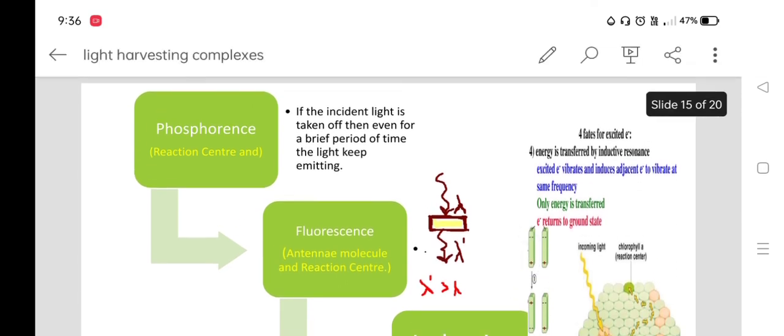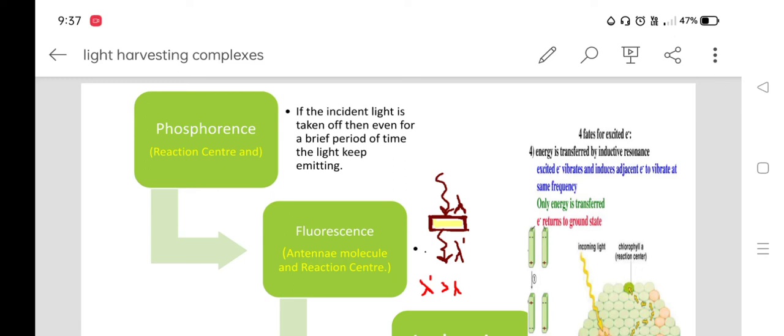We have discussed what the LHC is and what its function is, but now we are going to discuss what actually happens, how this energy transfers from one antenna pigment molecule, one accessory pigment, to another, and lastly to chlorophyll A. Here three processes happen. In the first case, phosphorescence, this happens between the reaction center and another